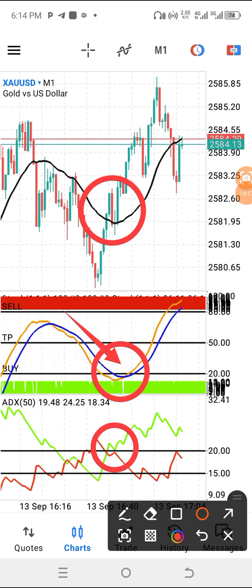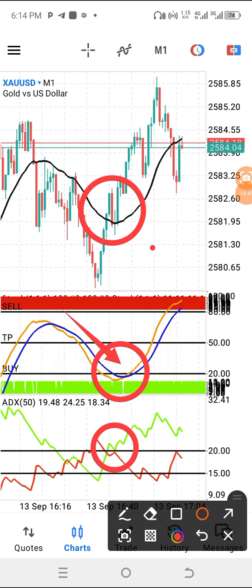Use the minimal lot size if you have a little account. Don't forget that this is a scalping strategy. This is not something you need to hold for too long, and we are using it on a 1 minute time frame. It can work on any time frame, but for easy scalping, you can use it on 1 minute time frame. Exactly, guys. So when you hold it, then you get it ASAP.